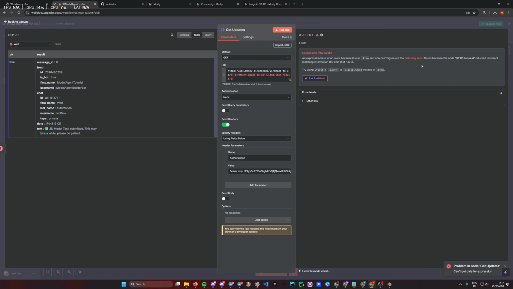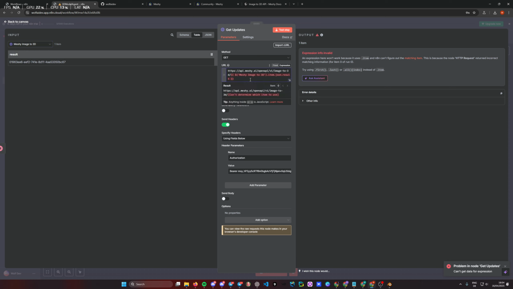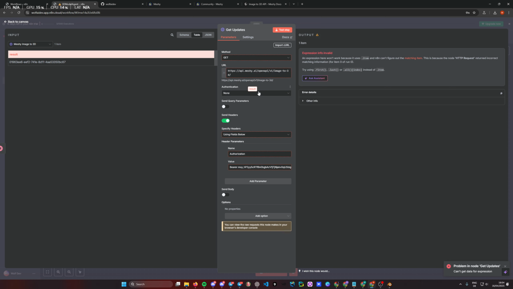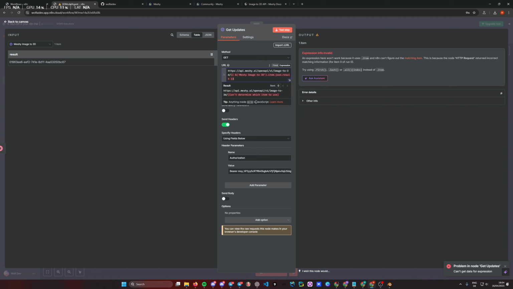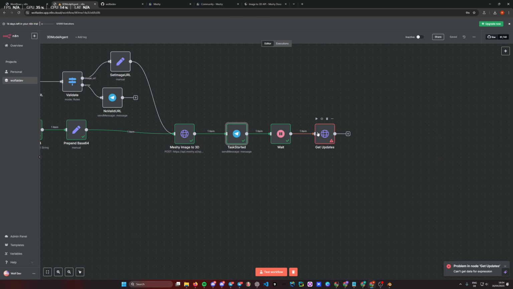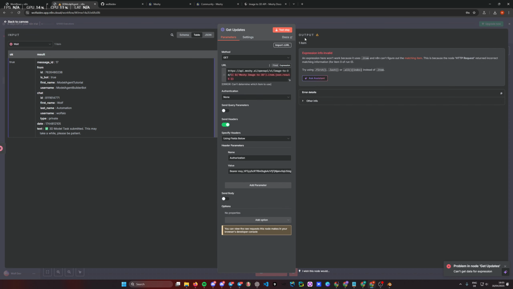So let's see. It did not return our result. Why is that? Let me see. We want to go to this. Whenever you have something like that, the easiest way is just to drag this here like that. And now it cannot determine which item to use. Why is that? Did I use the correct one? It's called Meshy image to 3D. It doesn't know. It should be the first, but